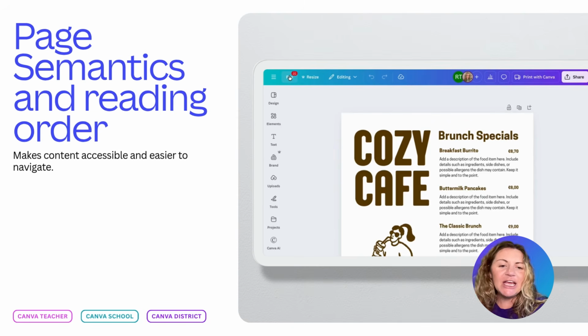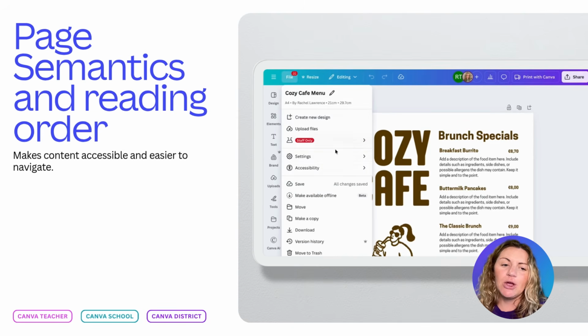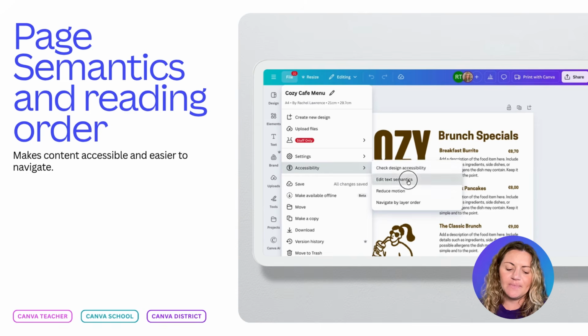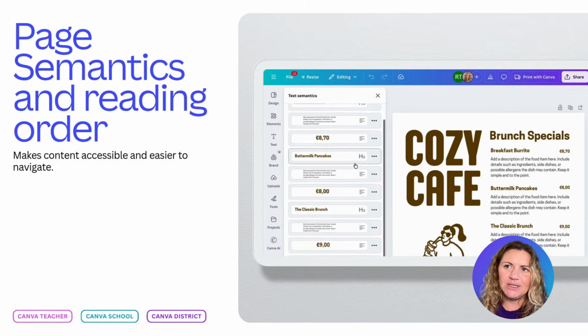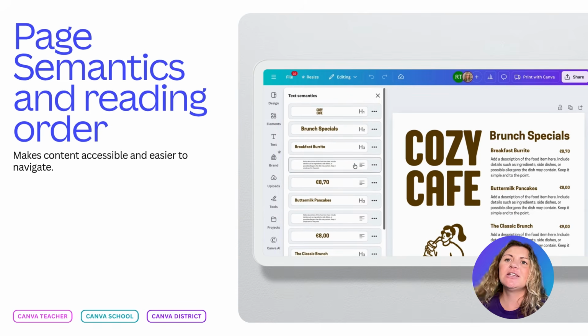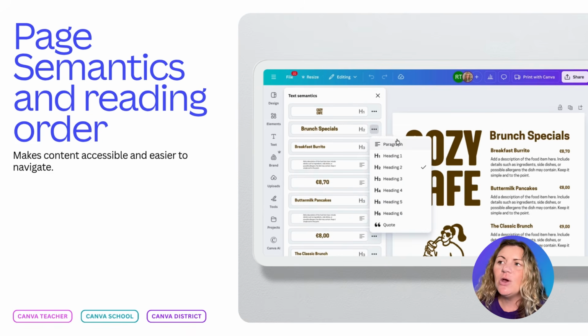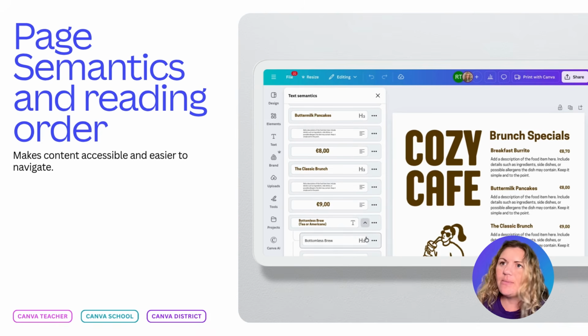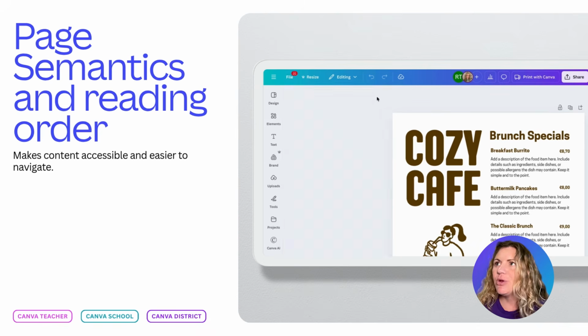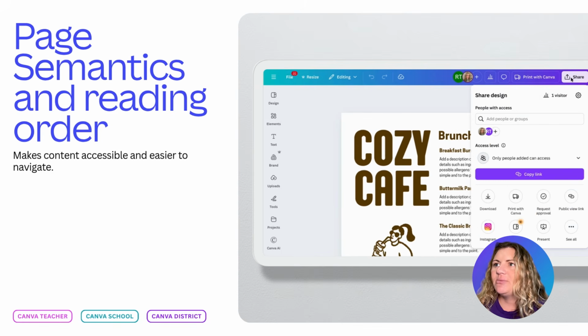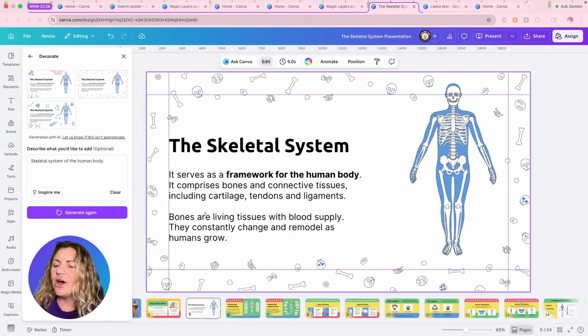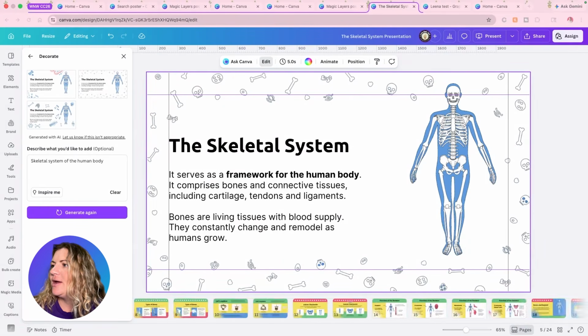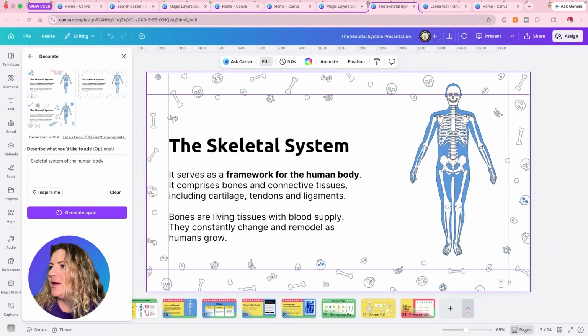Okay, now page semantics and reading order. This launched at our last What's New, but we didn't have time to cover it. This makes content accessible and easier to navigate by being able to assign specific page semantics and reading order. On that same note, we're going to explore what that looks like on a PDF document itself. So I'm going to come over here and add